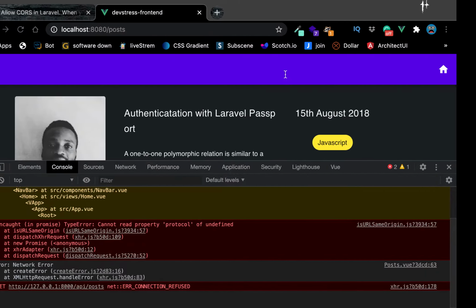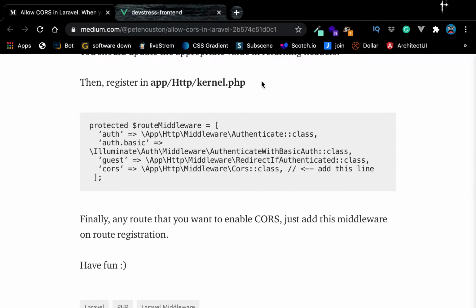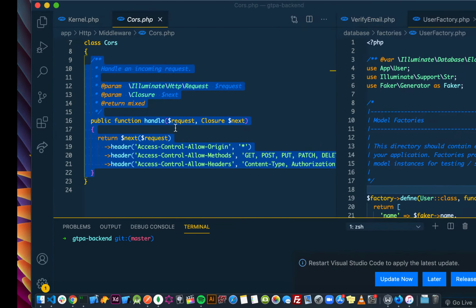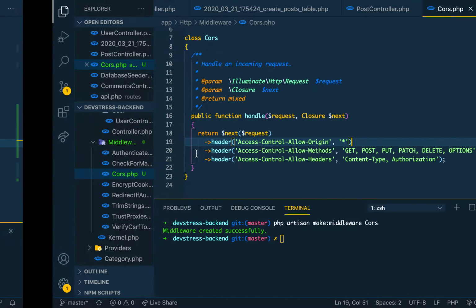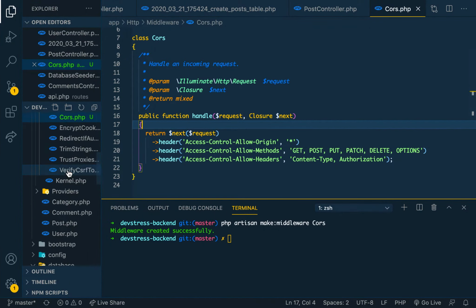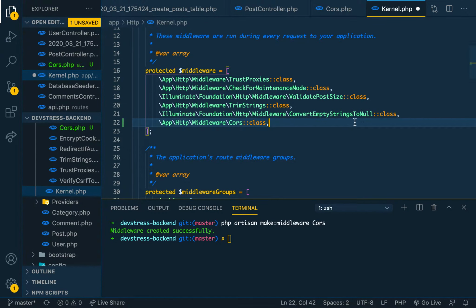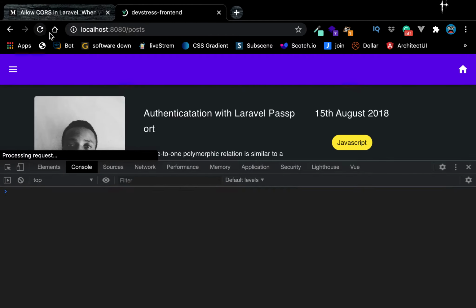So okay, we're done with creating our middleware. So the next thing is that we register the middleware in our kernel. So I've done this already. So we go to our kernel, and I think we have to add this class to our protected middleware. We add that. So we go to our kernel here, protected middleware. We add this, and then we are done. So let's go back to the same page. Let's do a refresh again,